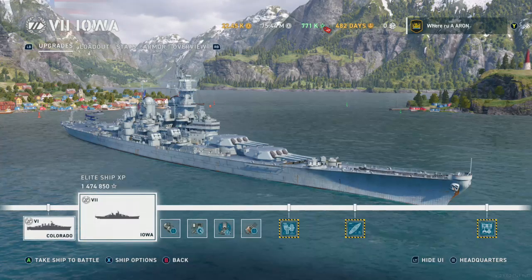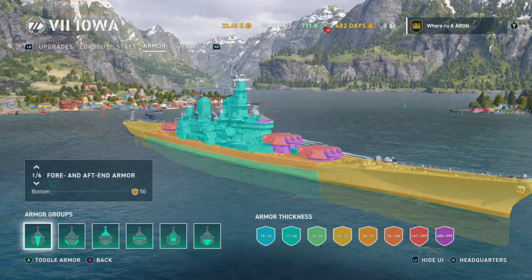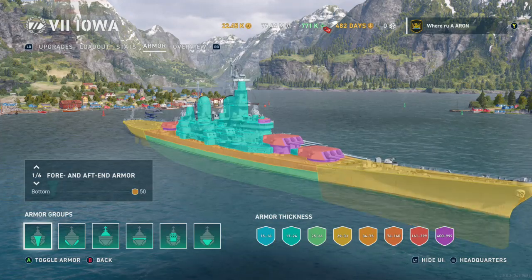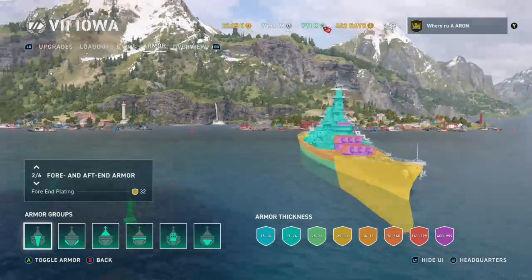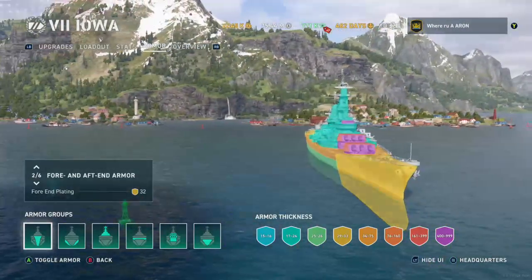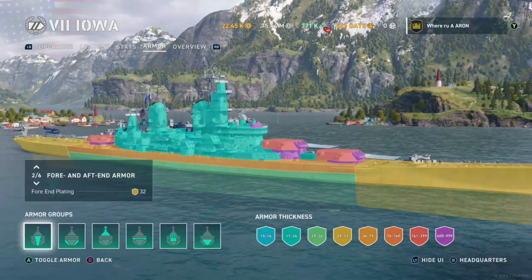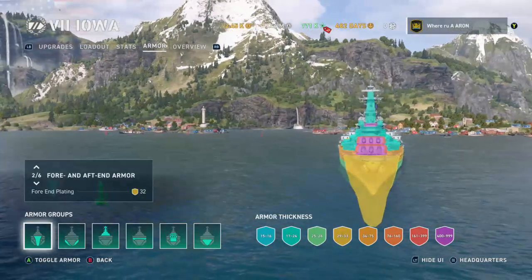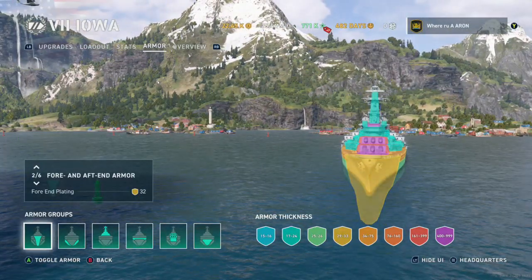So what you do is you go to the ship you want, you go to ship options, you go over to armor. All right, now what do we have? Okay, we have armor groups. We have fore end plating. Okay, so right off the bat, this is the fore end plating, 32 millimeters. Basically, there is a metric in the game that determines if a ship will bounce a shell,